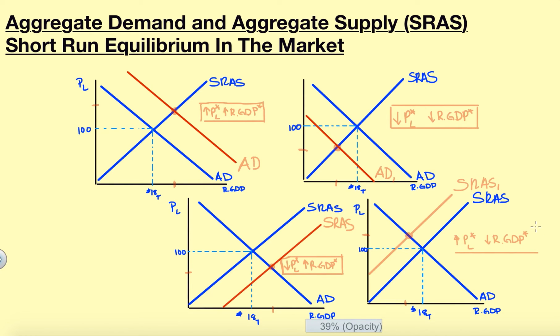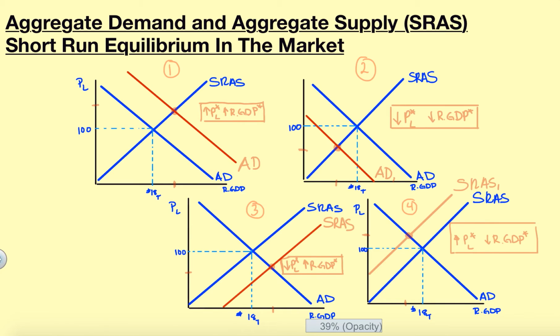So when we look at these four graphs, let's take a minute and look at these four graphs. We can find out a lot about what's going on with the economy in terms of unemployment. Well, in this graph, when real GDP goes up, and in this graph, when real GDP goes up, we know that here unemployment is going down. Okay, we have more people working, producing this GDP. Over here, where we have a reduction in GDP, we know that unemployment is going up. So now if we were to look at these graphs and say this is graph 1, this is graph 2, this is graph 3, and we'll call this one graph 4,